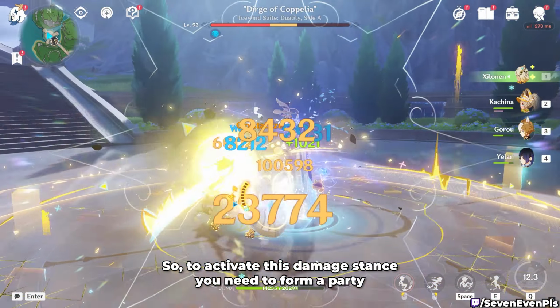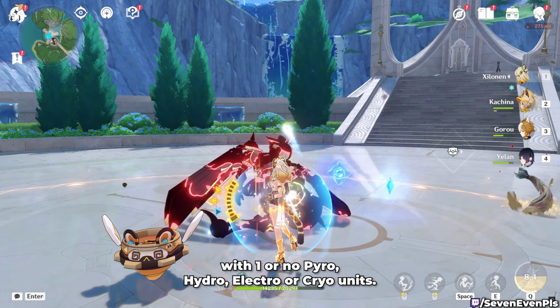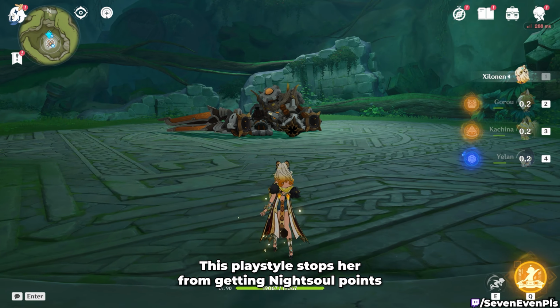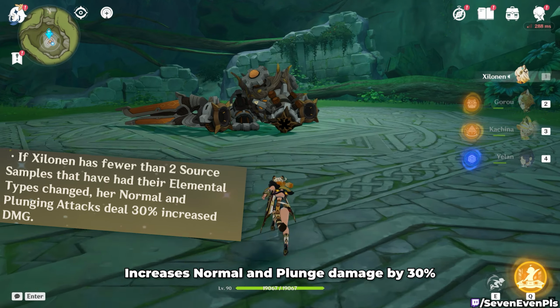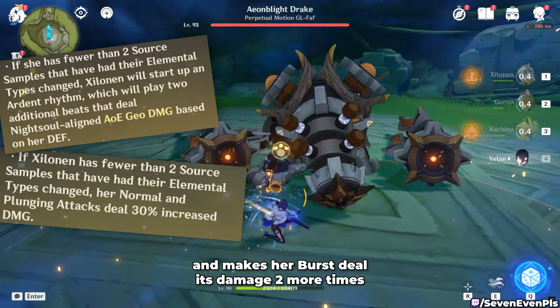So to activate this damage stance, you need to form a party with one or no Pyro, Hydro, Electro, Cryo units. How many between Geo, Dendro and Anemo is up to you. This playstyle stops her from getting Nightsoul points so that she can deal Geo damage for longer and does 2 more things. Increases normal and plunge damage by 30% and makes her burst deal its damage 2 more times,